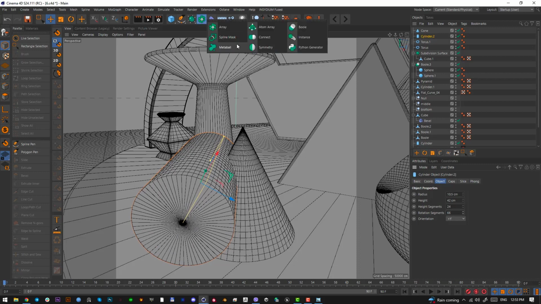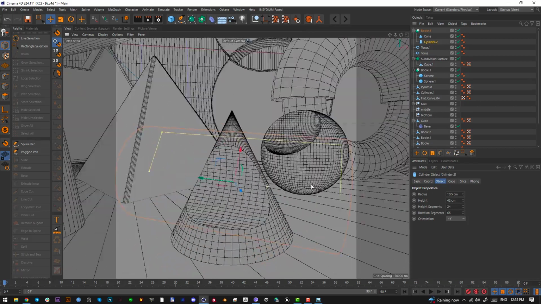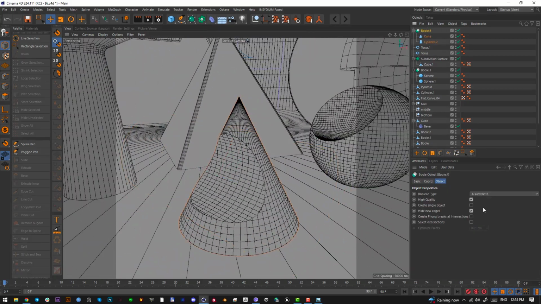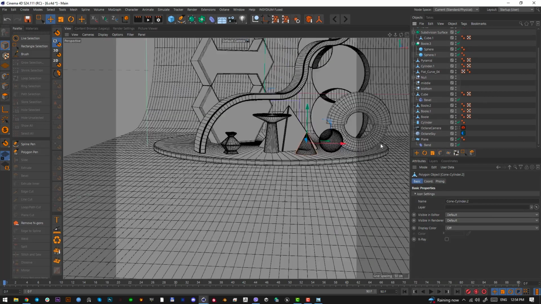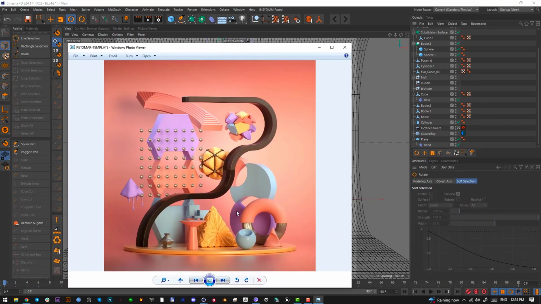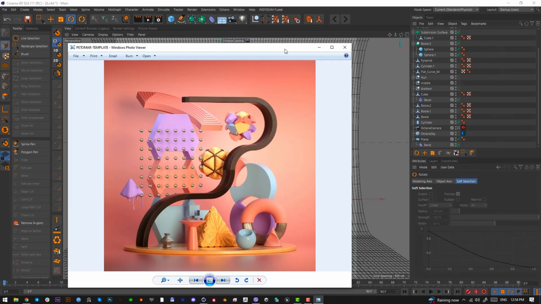And then create a boolean. And now we want to cut the cylinder out of this. Perfect. Let's see in the boolean: create single object, optimize points. I'm not sure what this does. And then press C and it will create this. That's perfect. Now the next object we want to create is this one that we can't really see, but let's